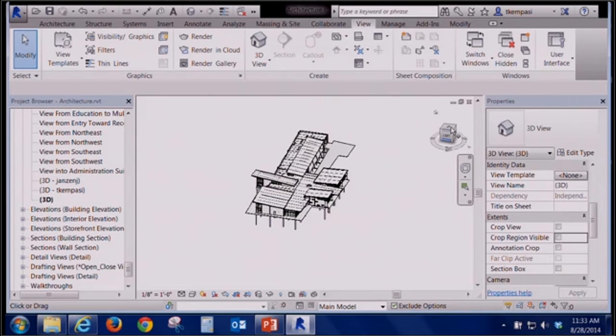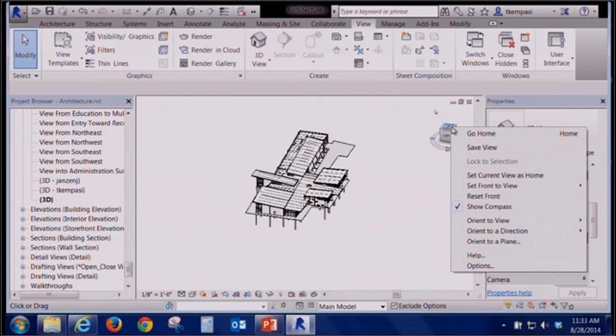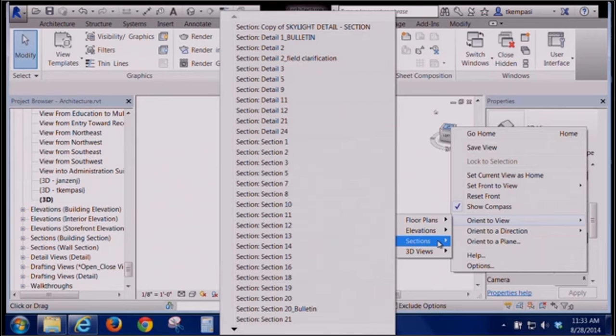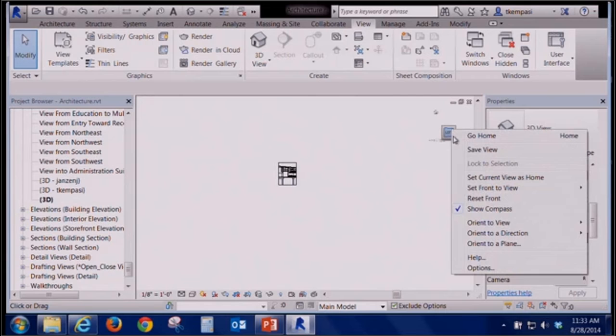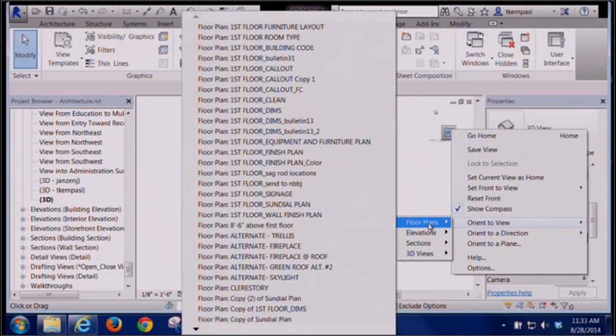Okay, if I right click over this view cube, it pops up a menu for me. About halfway down the menu, there's this orient to view menu, and I can fly this out. And what was that one called? Detail 8. Can't remember what it was called now. It was detail 3. That's fine. So I can pick a section or elevation or another view in my project that I already have,